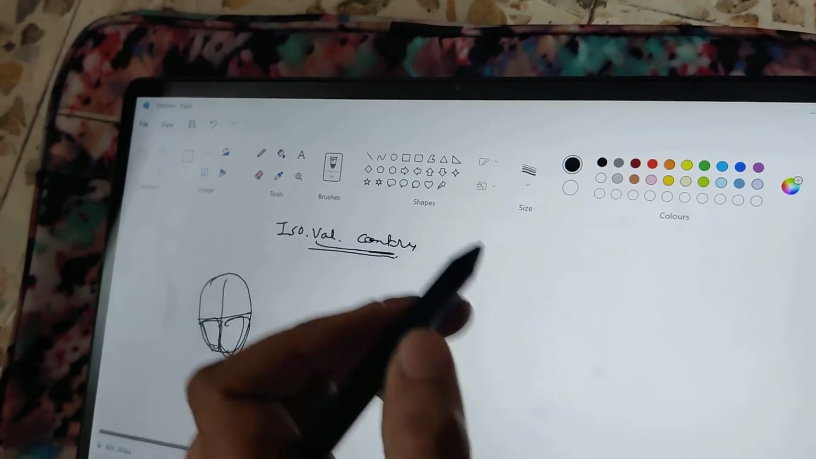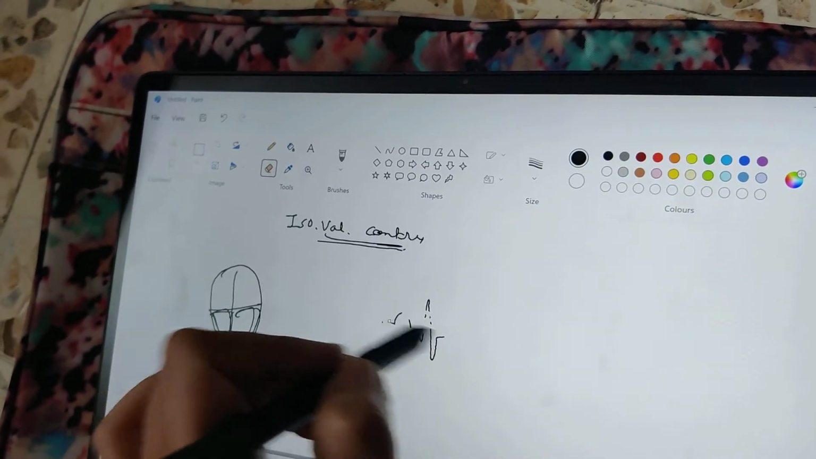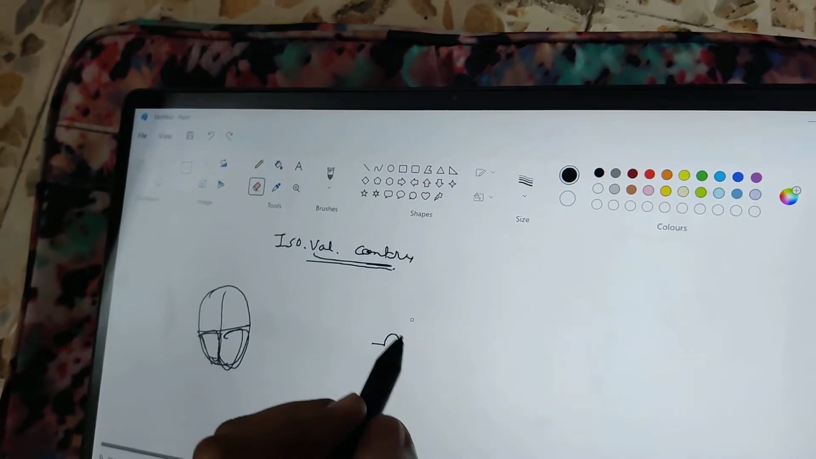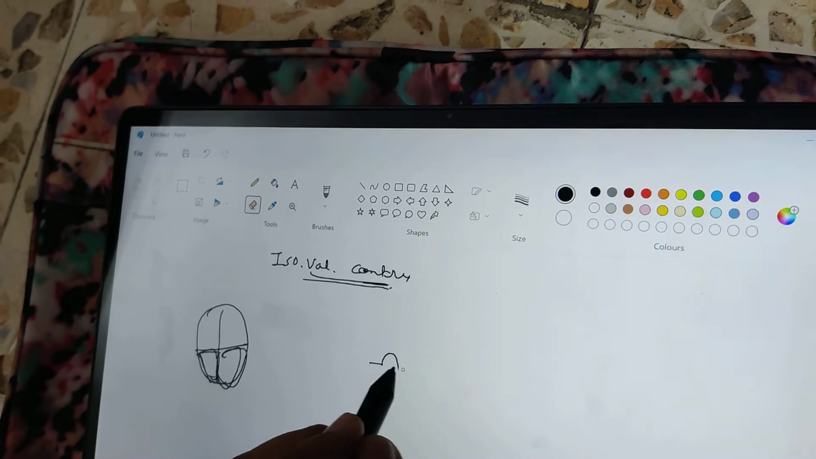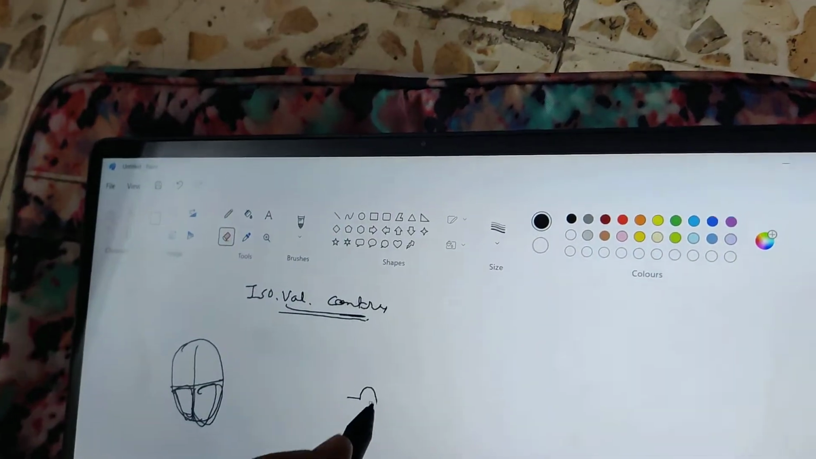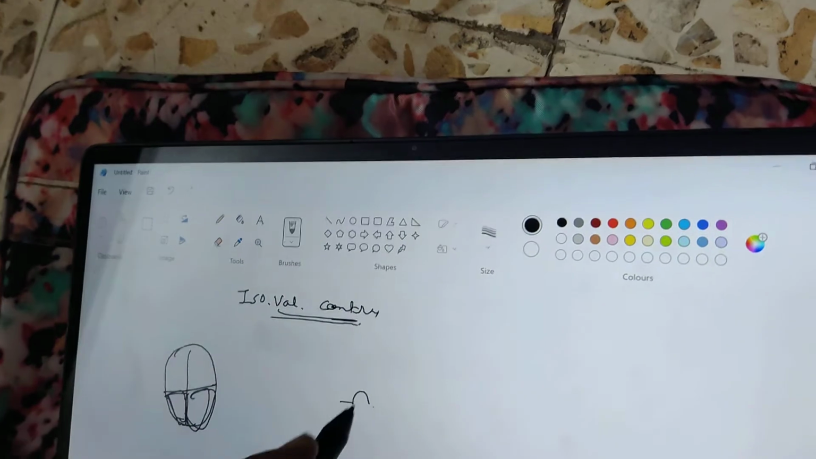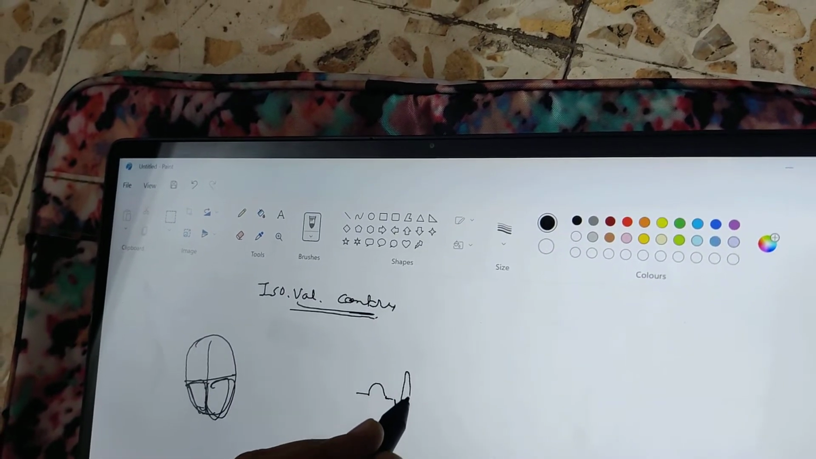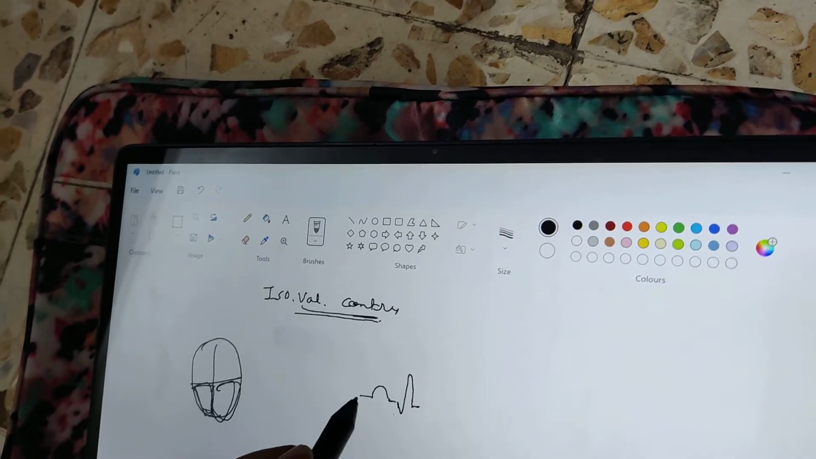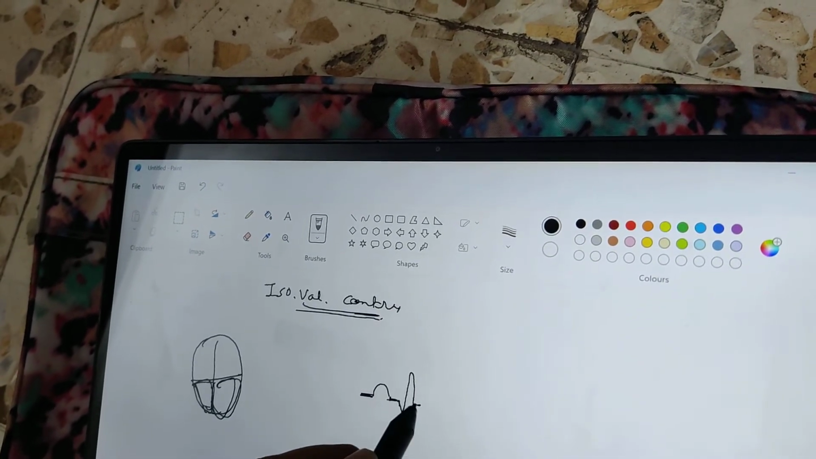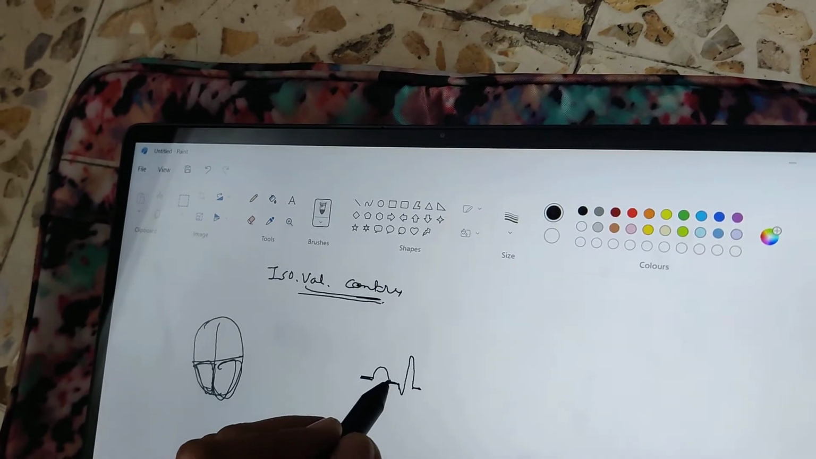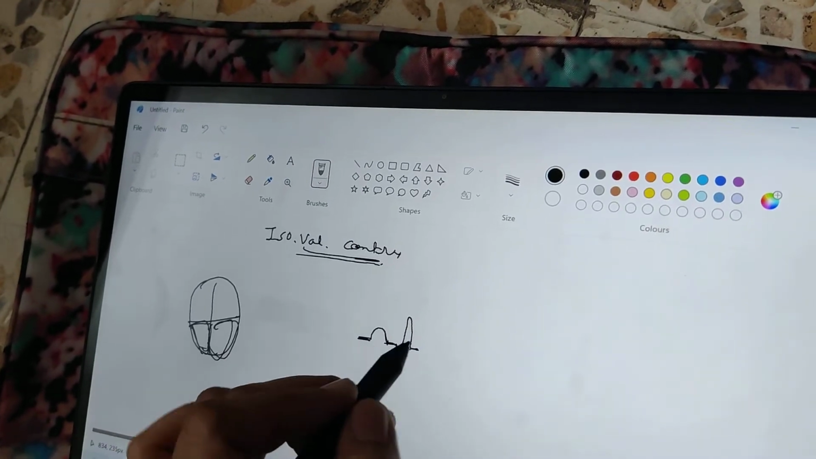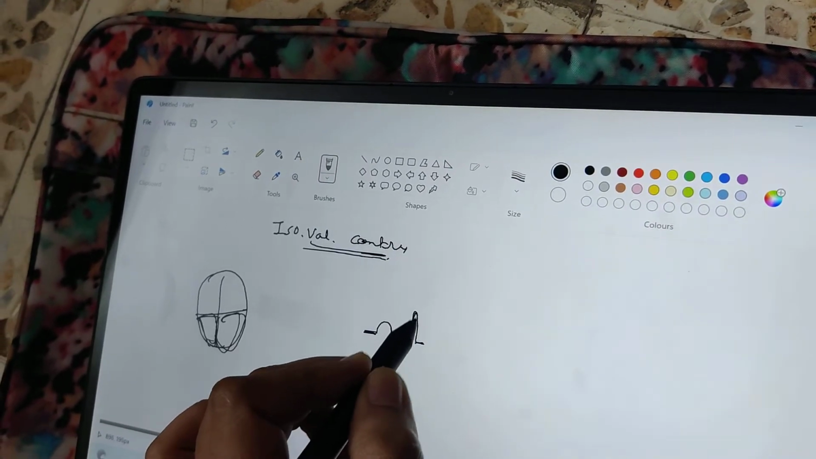Sorry, this is the P, then the Q, the R and the S. This should be in the same line in a normal individual. So the QRS complex, the Q, R and S,